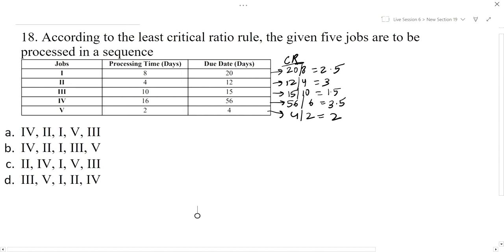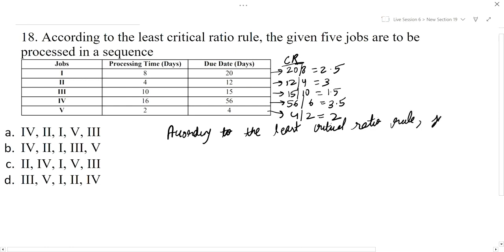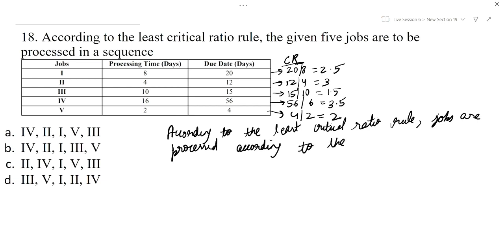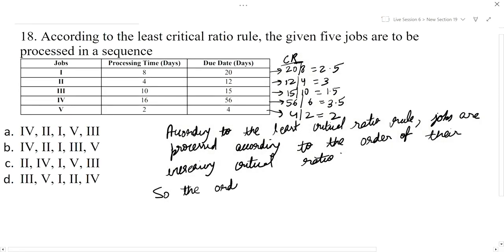Now, according to the least critical ratio rule, jobs are processed according to the order of their increasing critical ratio. So the order will be